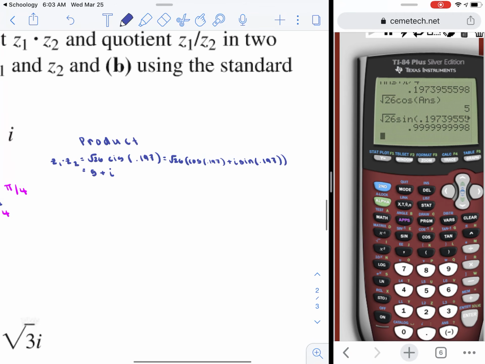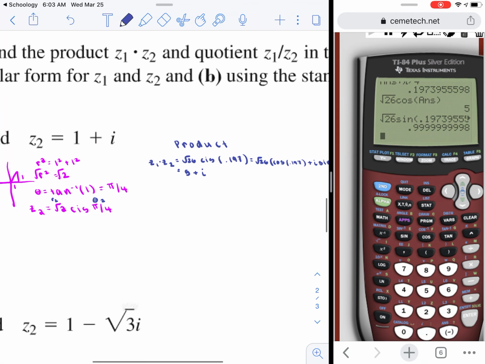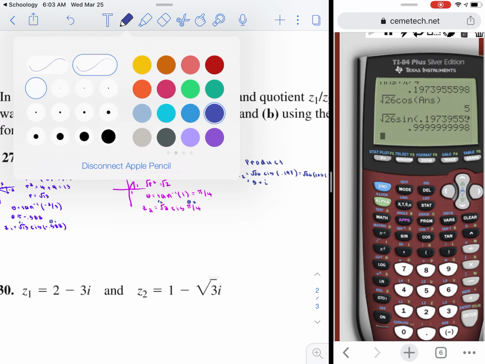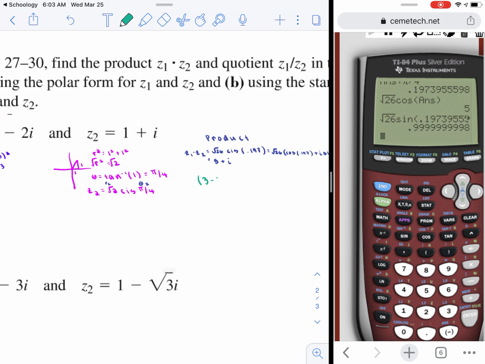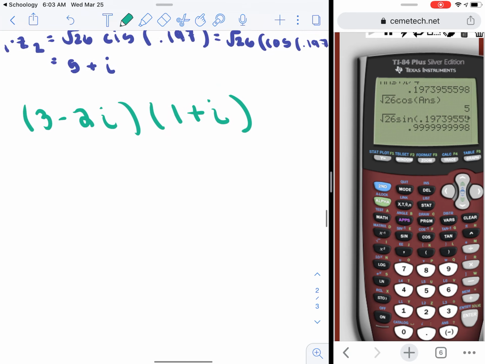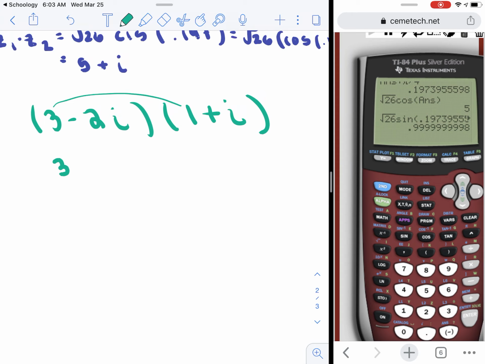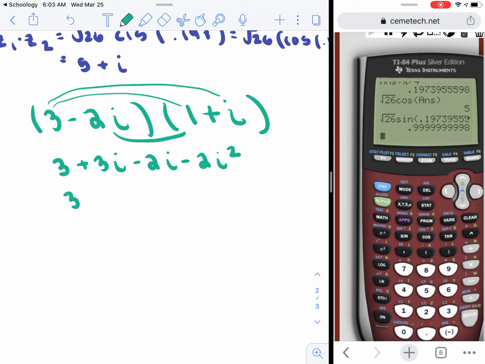And again, we're doing this so we can check this with what we actually get when we multiply these together. So let's do that. When I actually multiply these together using the complex numbers that were given, I have 3 minus 2i, and then I have 1 plus i. Notice that I will get the 3, and then I'll get the 3i, then I'll get the negative 2i, and then I'll get the negative 2i squared. Well, this becomes i in the middle. And then when we replace the i squared with a negative 1, we end up getting